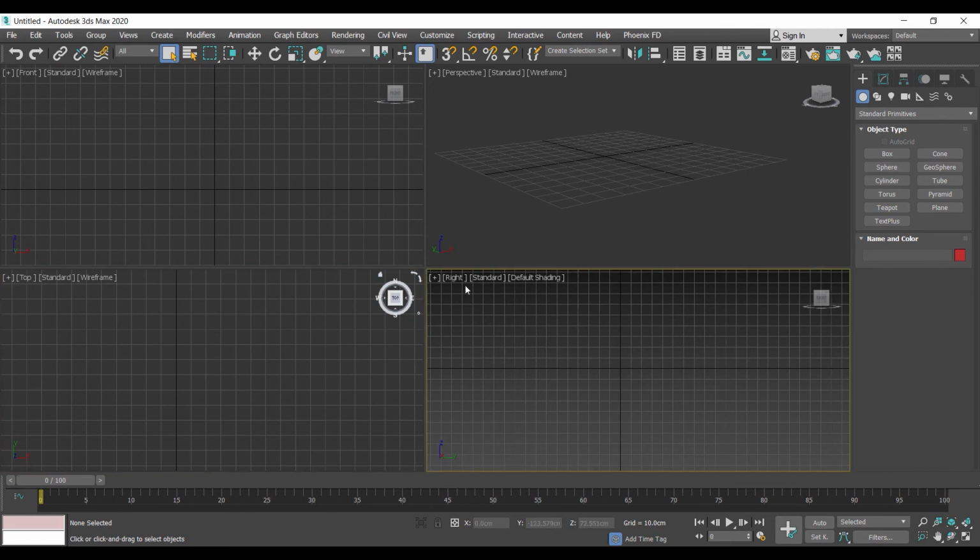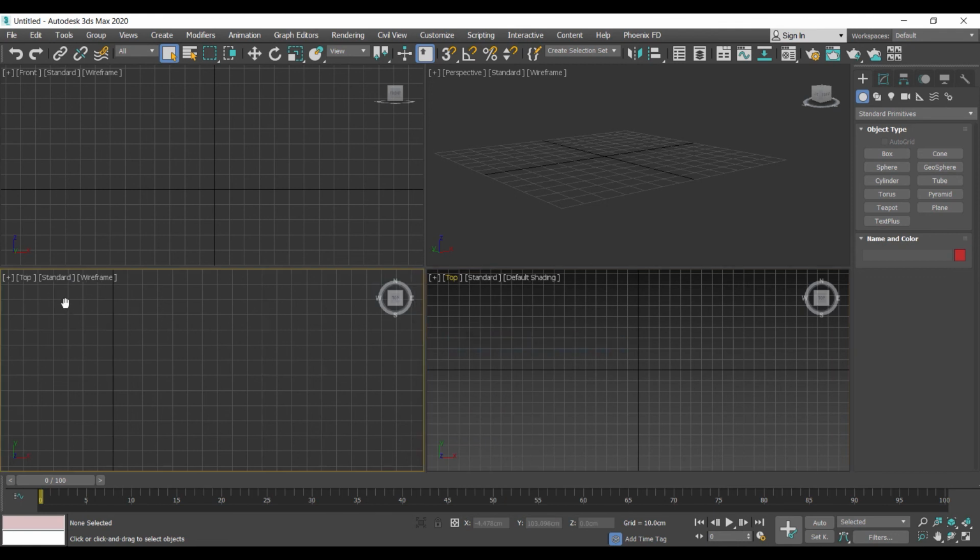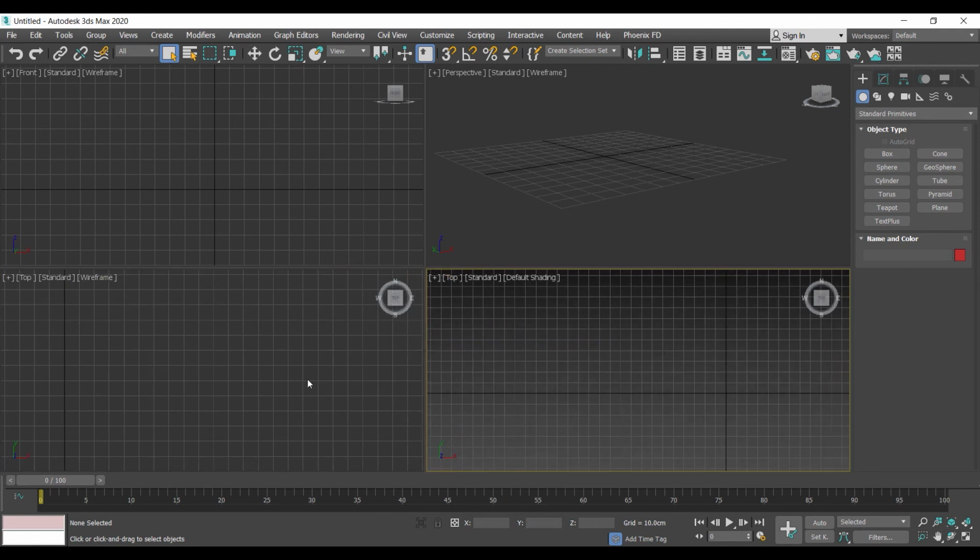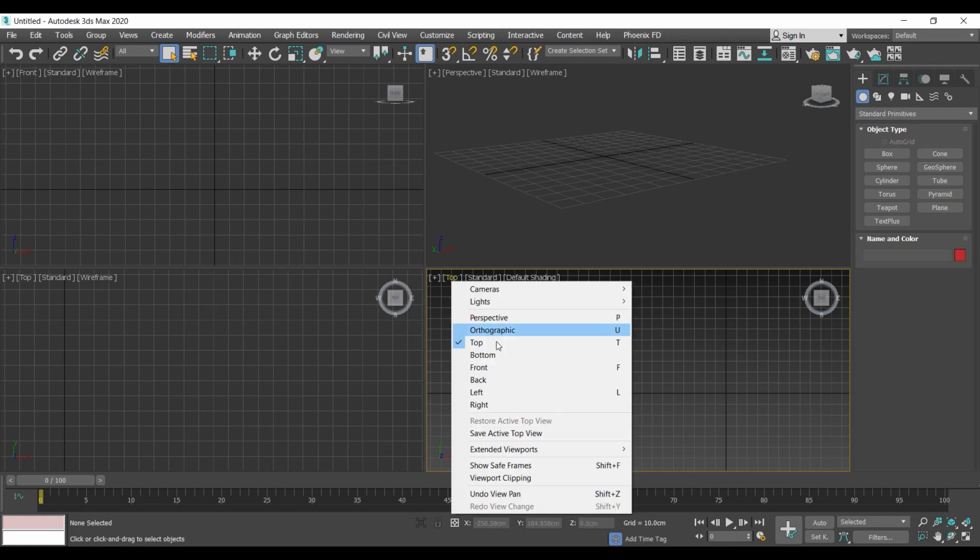You can have more than one top view, for example. I can have two top views. If I'm working and I want to see the object I'm working with, which is maybe a big size, I want to see two top views and maybe a front and a perspective or whatever. So you can change this by clicking on the name and changing it to any of these. Definitely we can change it to a camera or a light, but now we don't have cameras or lights, so I cannot click them. There's nothing inside. Later on, we're going to discuss this when we have lights and cameras. For now, you can change any of these viewports.